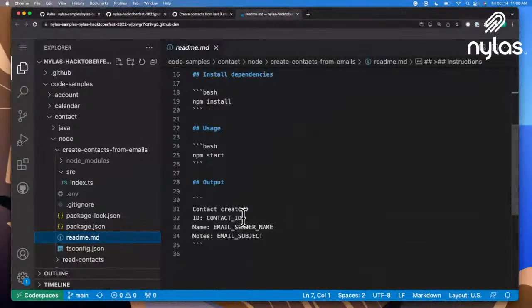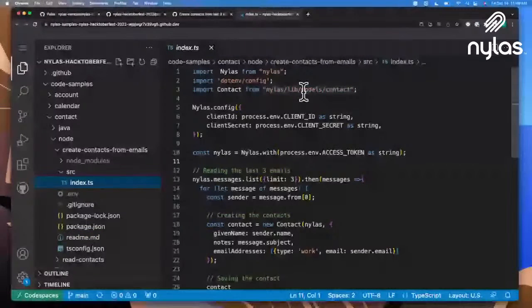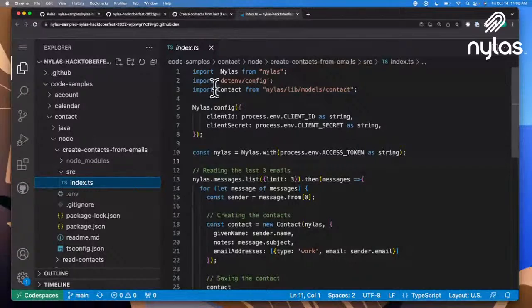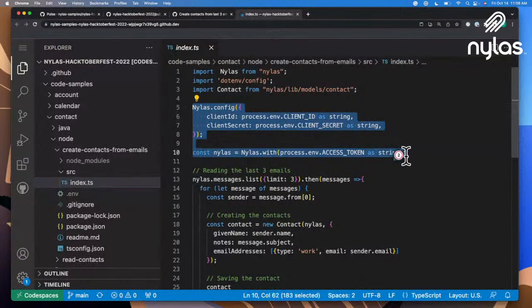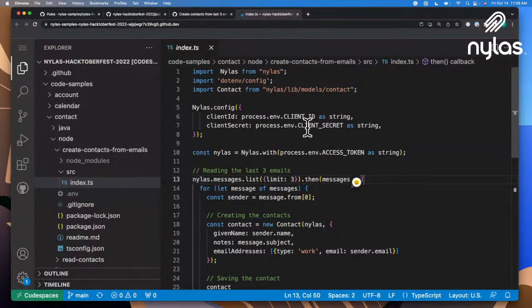So from there, we can quickly take a look at the actual code sample. And here we see we're bringing in the Nylas environment, we're bringing in the contacts, and we're setting up the Nylas client from lines 5 to 10. So here we pass in the client ID, we pass in the client secret, and we pass in the access token, which will be for a specific user. So this is a connected user's access token that allows us to read their emails and